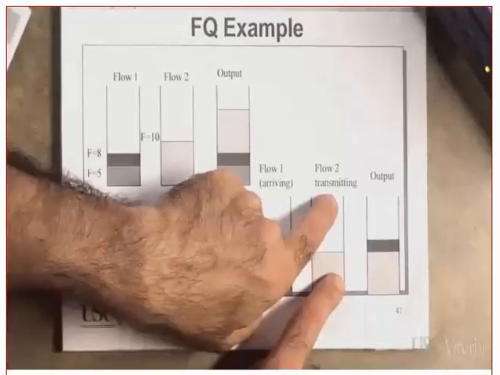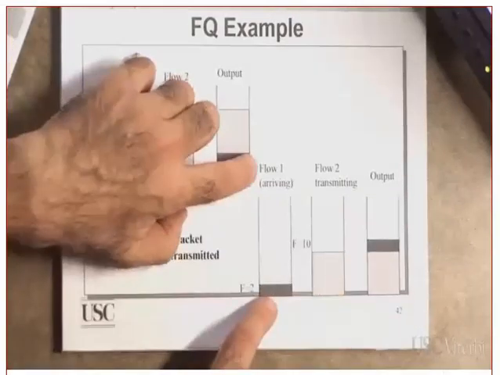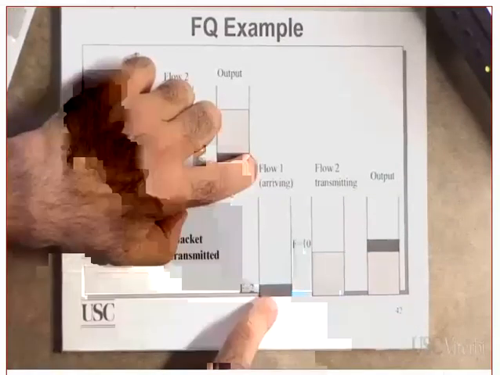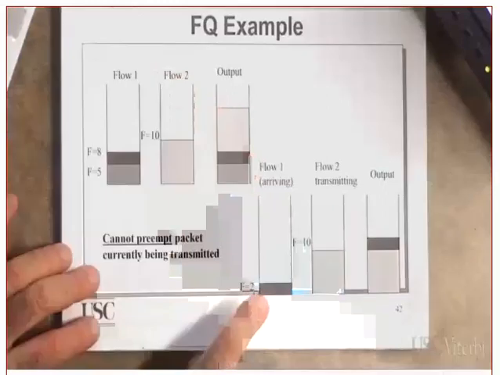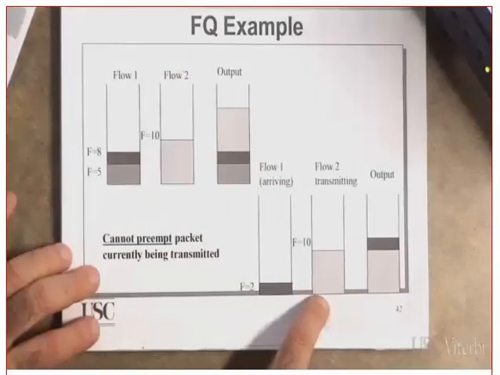They cannot preempt this one in packet fair queuing, which means this one continues and this one comes after. That is, fair queuing is only emulating GPS, it is not identical to it. Because if that was GPS, which one would have finished earlier? This one would have finished earlier if that was GPS. Clear? Okay.